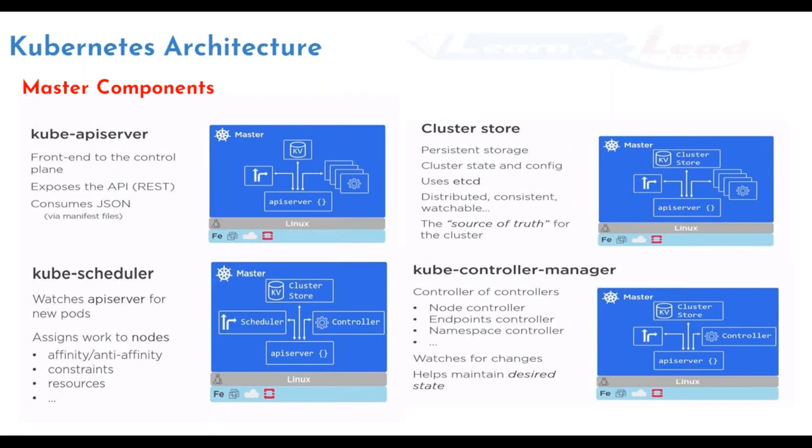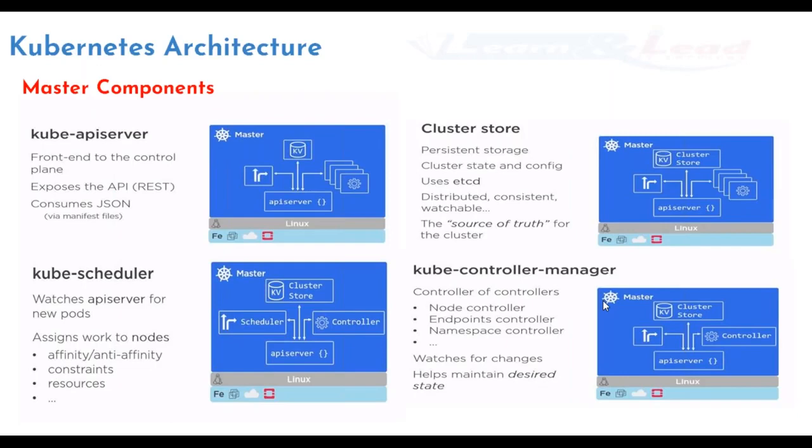It is a source of truth for your cluster, which means that it holds the entire state of the cluster at any given point of time. Now, similar to that, there is something called the controller manager on the master itself. This is a controller of your cluster, which means that it watches and monitors your cluster continuously.